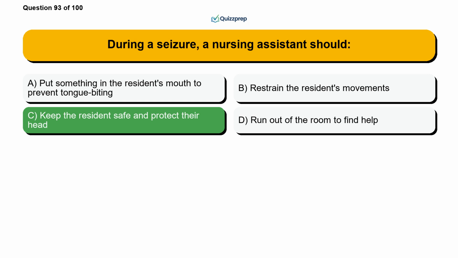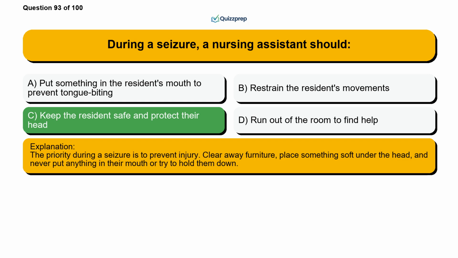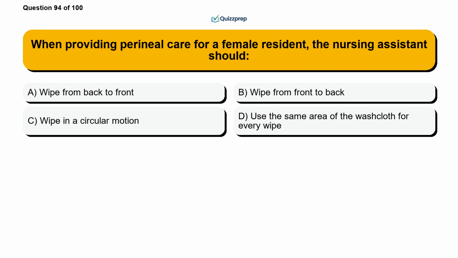The correct answer is option C, keep the resident safe and protect their head. The priority during a seizure is to prevent injury. Clear away furniture, place something soft under the head, and never put anything in their mouth or try to hold them down. Question 94. When providing perineal care for a female resident, the nursing assistant should: